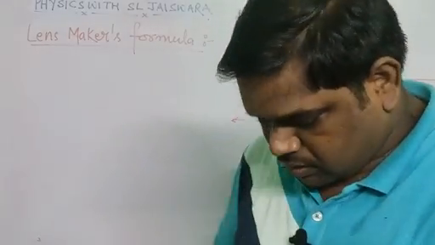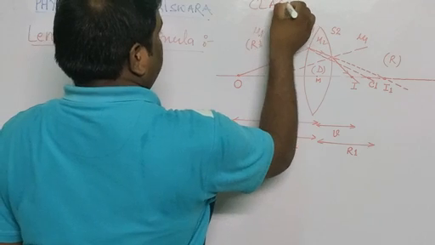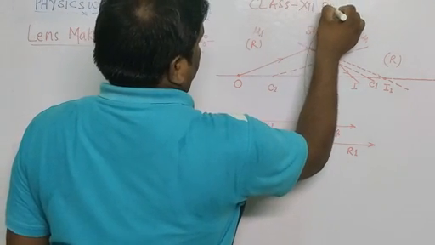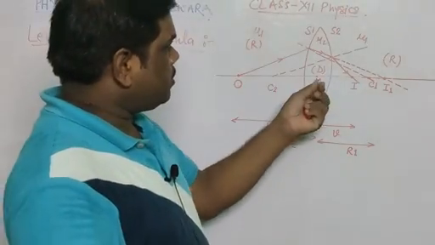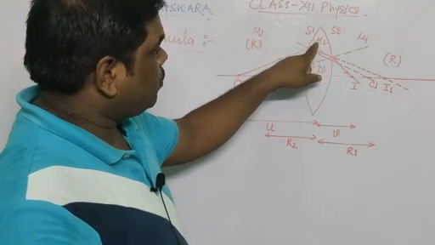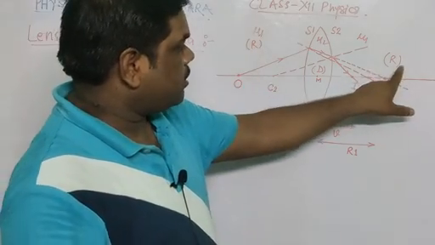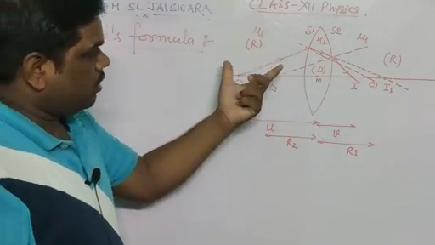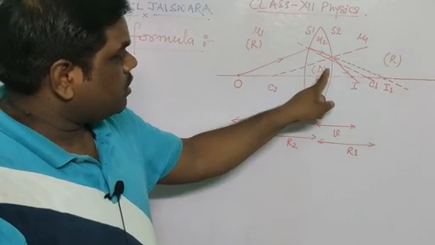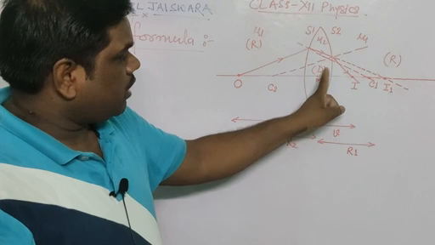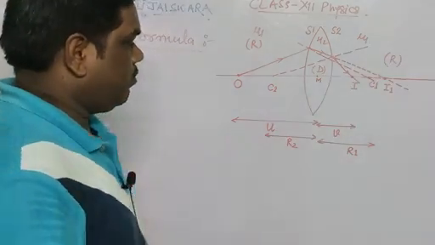This is class 12th physics, and it's a very important topic of chapter ray optics. See, this is a convex lens. The refractive index we have taken is mu2. Here it is mu1. This will be denser medium. Here will be rarer. Here refraction is taking place two times. The first time it is from rarer medium to denser medium at this interface, and the second time at this interface refraction is from denser medium to rarer medium.